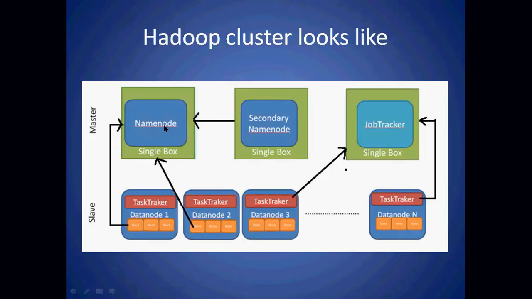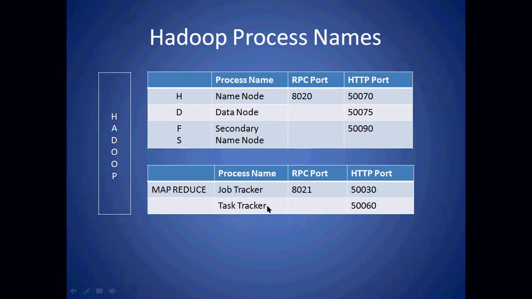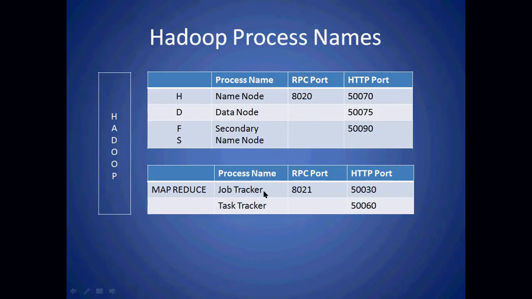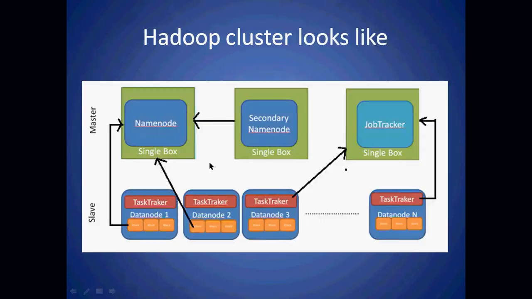Now see, just try to understand. I told 5 processes previously: name node, data node, secondary name node, job tracker, task tracker. Where is each of these located in this Hadoop cluster? Just try to observe. Name node, secondary name node, job tracker. There is one word called master. These 3 are called masters. And the remaining 2, task tracker and data node,